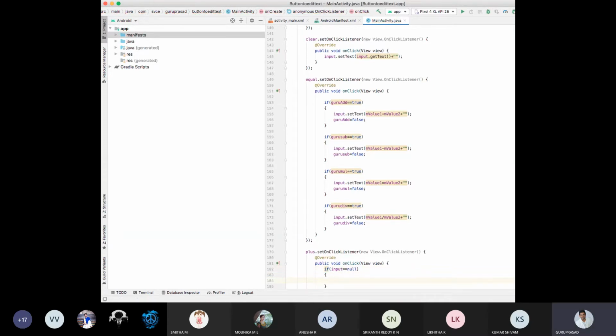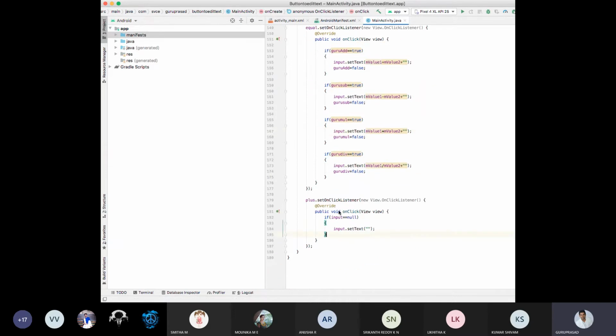Previous input, if it is null, if I press add, it should say input dot set text null only. If I press plus 1000 times also, it should say null only, because I don't have any input.